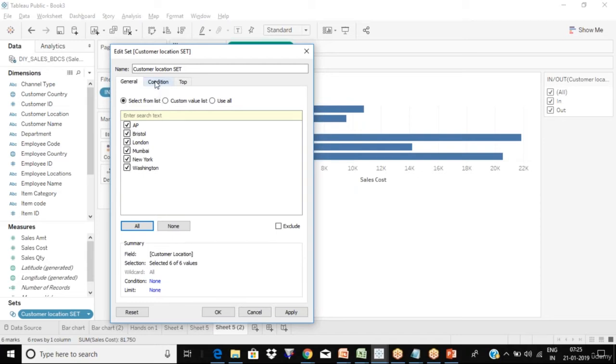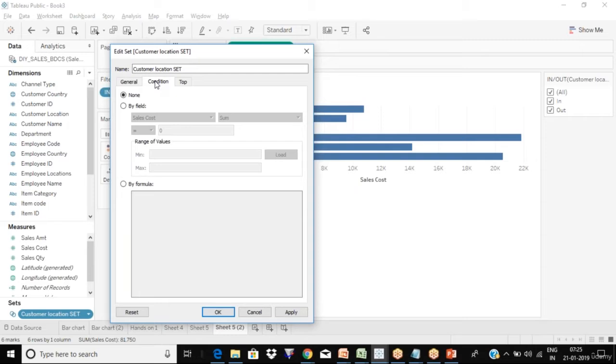Now there is a Condition tab. You want to filter customer location and you're creating a set. The filtering should happen based on a condition. So I went to the condition. Based on what condition?